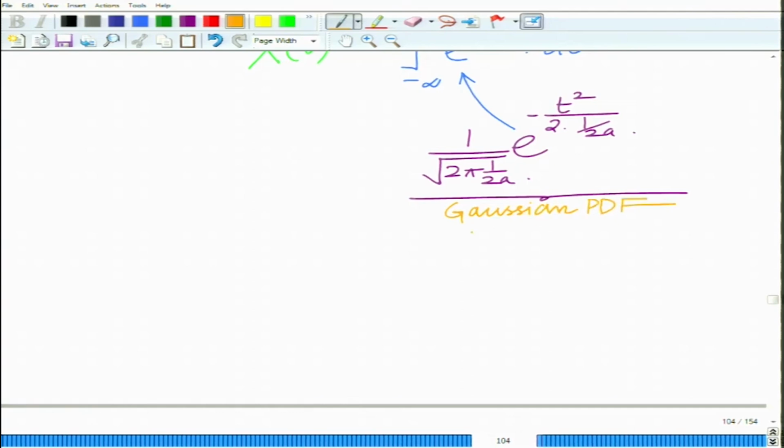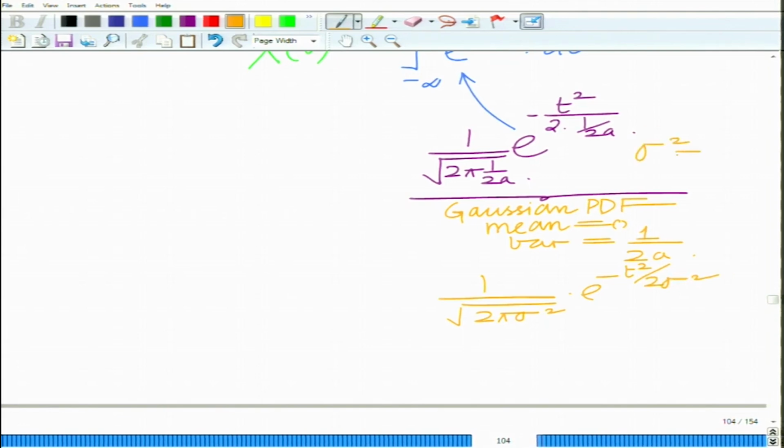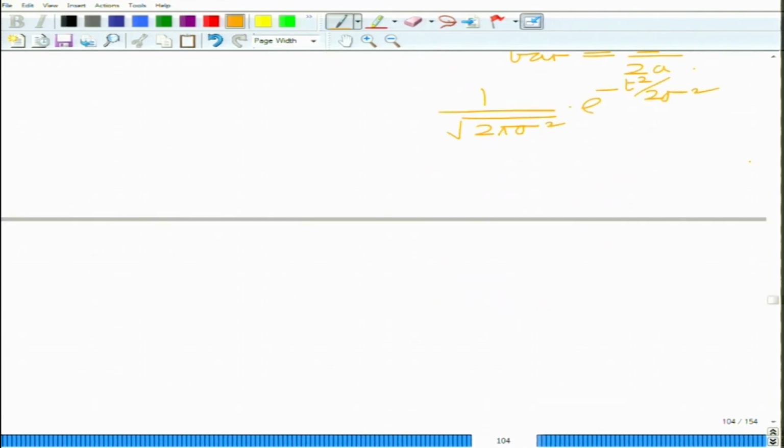Gaussian PDF with mean equal to 0. Variance is equal to 1 over 2a, because the expression for the Gaussian probability density function with mean 0 and variance sigma square is given as 1 over square root of 2 pi sigma square, e raised to minus t square by 2 sigma square. Here you can see sigma square equals 1 over 2a. And the integral from minus infinity to infinity of the Gaussian probability density function is unity,